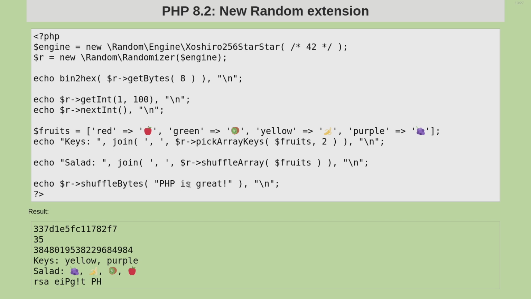Similarly, there's a method of just getting an integer number between 1 and 100 inclusively. Or if you just want a random integer, you can go next int on it. One of the features that I kind of like is that you can use pick array keys. With pick array keys, you give the name of the array and then a number of how many array keys